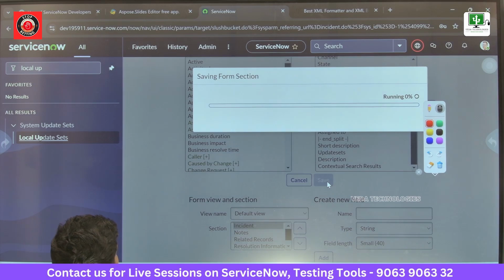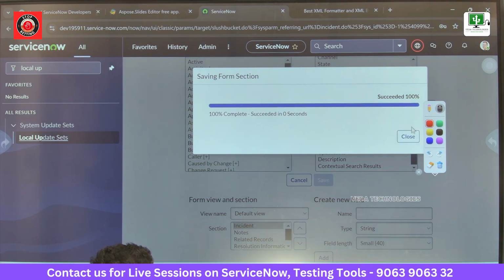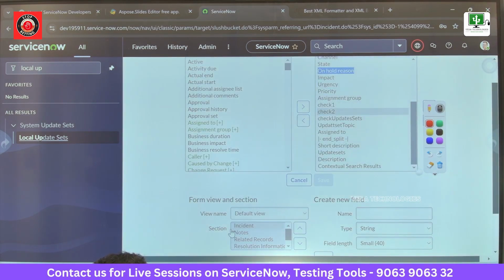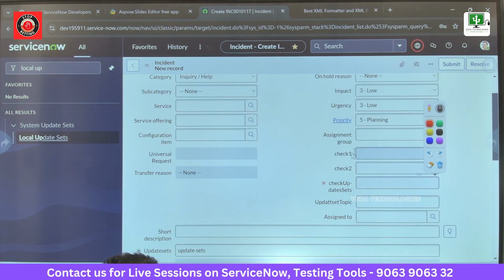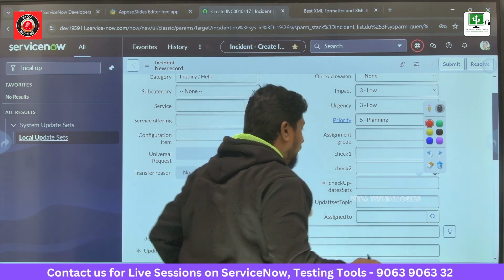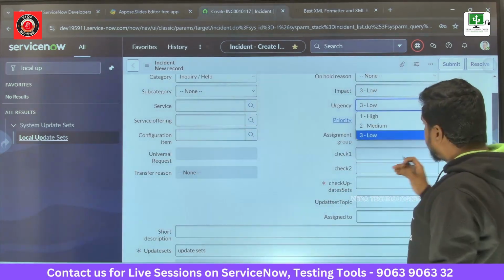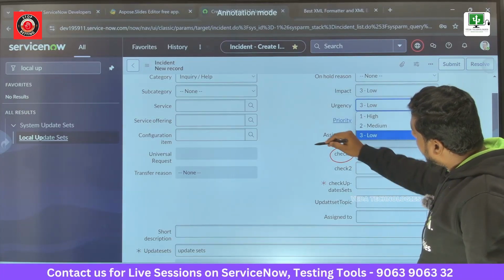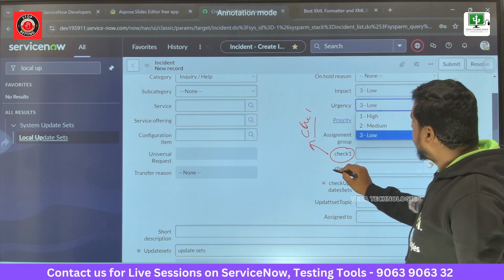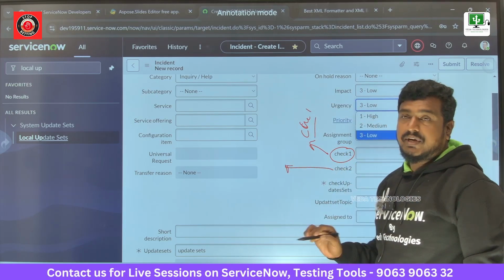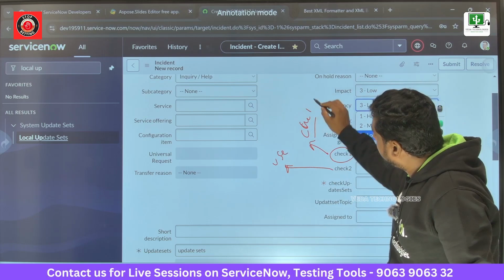On the form you will see two fields. One field is captured in the check 1 update set and the other is captured in the check 2 update set, but both